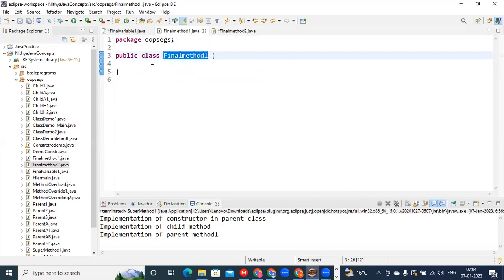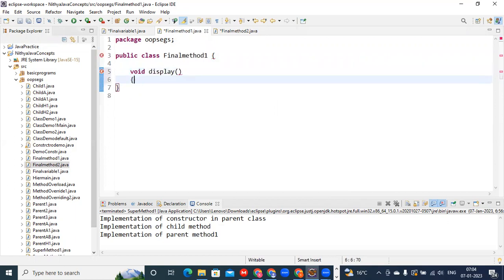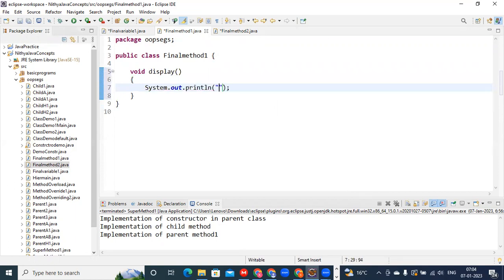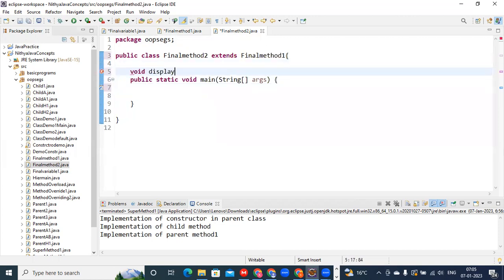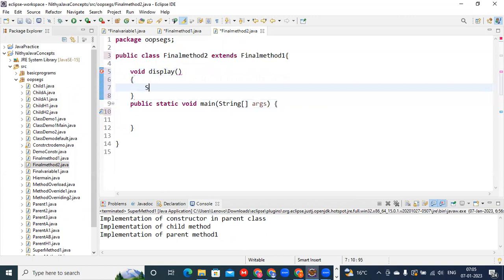Here I'm going to write one method, void display, and I'm writing the body of this: base class display method. If I'm writing it as final, see, I'm going to write here as well void display